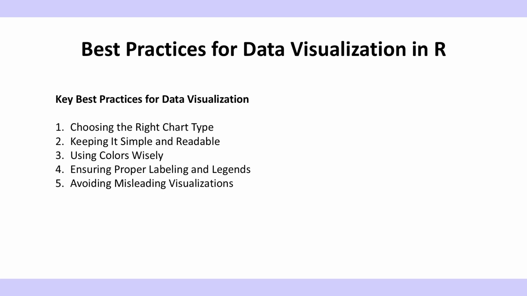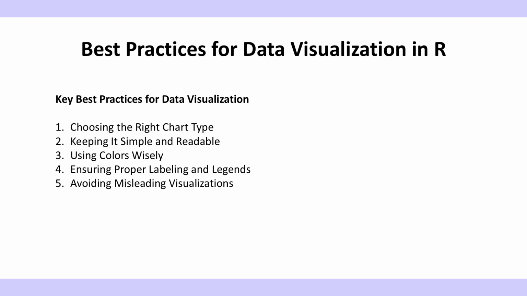You should avoid clutter, that is too many elements in one chart. Use minimal grid lines and background colors and remove unnecessary legends when possible. Next one is using colors wisely. Wrong colors or using too many colors might be confusing to your audience. So use the right colors that are consistent and contrasting with each other. Next one is ensuring proper labeling and legends. You should add meaningful titles and axis labels, keeping the legends simple and descriptive, and avoid overlapping labels. Always make sure that your labels clearly describe the data you are showing in that chart.